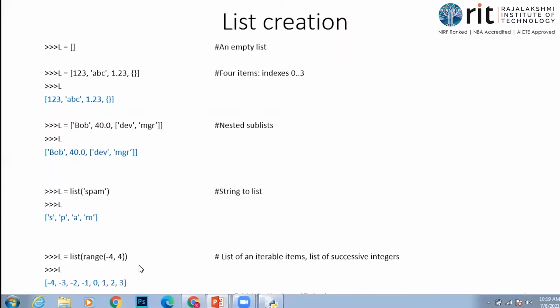Okay, for the range, it is only comma. When I have range and then two values, what does it mean? Starting criterion and then stopping criterion. So starting criterion is -4.